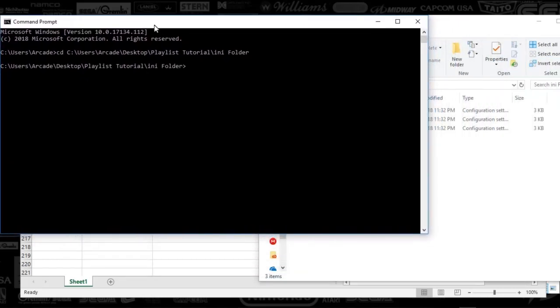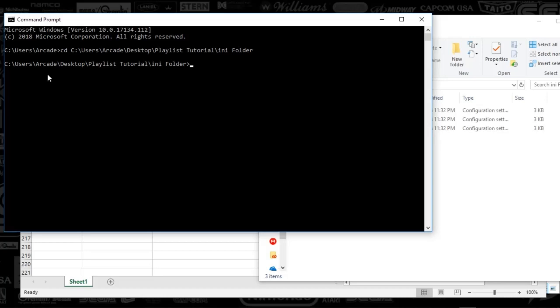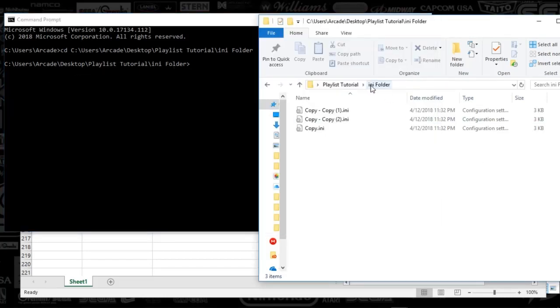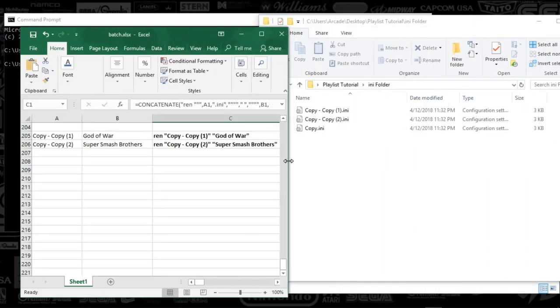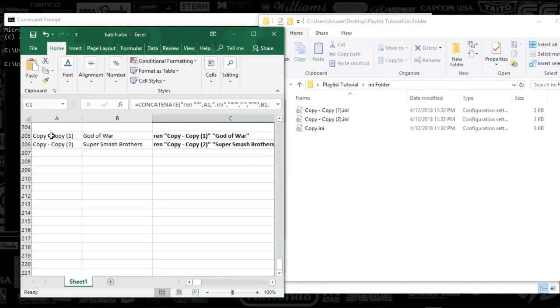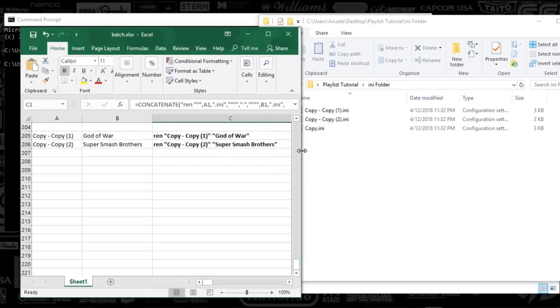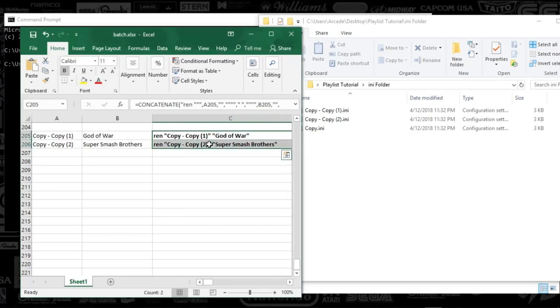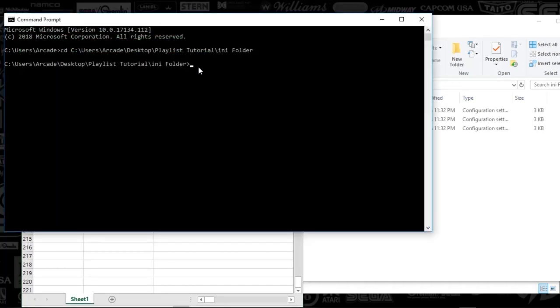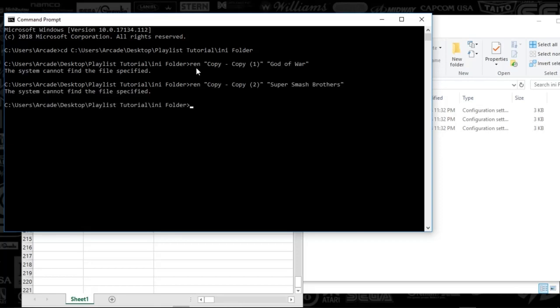So now we're at the command prompt saying, okay, this is the folder that we're looking at, which is here. You're going to notice that copy 1 and copy 2 are going to end up being changed, because on the Excel spreadsheet you want to make sure that these names match up. So copy 1, copy 2, and there are the names. That's what it's going to be called. So I'm just going to copy column C, Control C there. And what I'm going to do is paste that in here, and you're going to notice